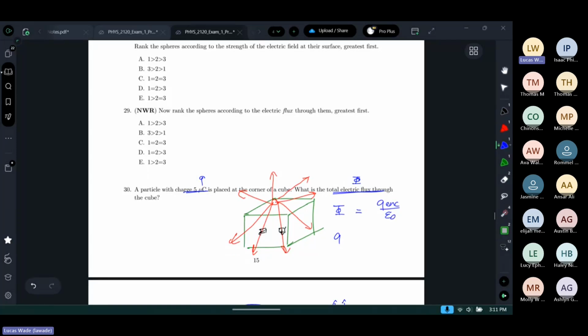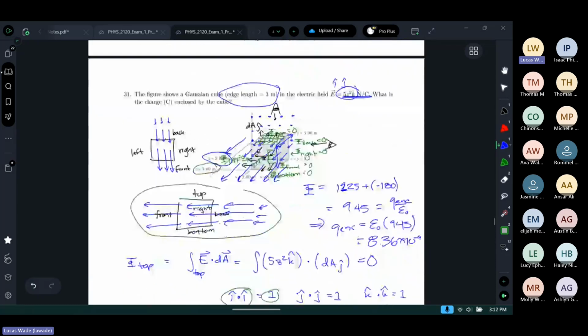So I'm given the charge inside. And this is epsilon 0. And that's it, whatever that is. So what seems like a really difficult problem is actually a really easy problem with Gauss's law. So that's 30,